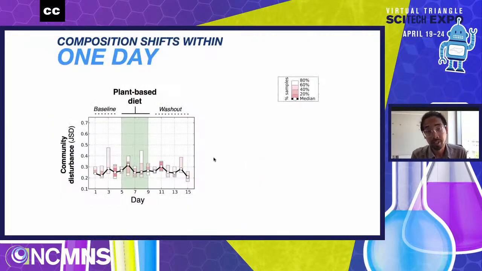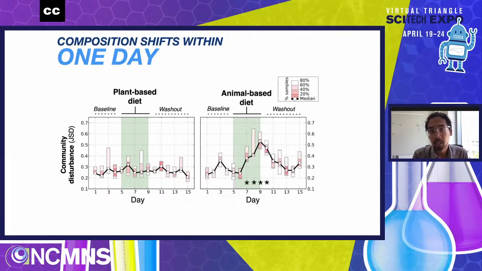And what we found was that, interestingly, we didn't see as many changes as we thought when people were eating mainly plants. So this graph is showing how people's microbiomes change over time relative to their microbiome before they went on the diet. And then in green here is their microbiome during the diet. And when the line goes up, or when it would have gone up, that would have meant that the number and kinds of bacteria in their guts changed. We found, though, that when people went on the animal-based diet, there were changes in folks' microbial communities that took place actually within about 2 days of going on the diet.